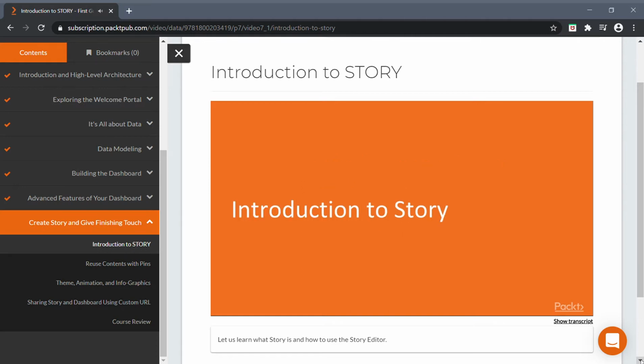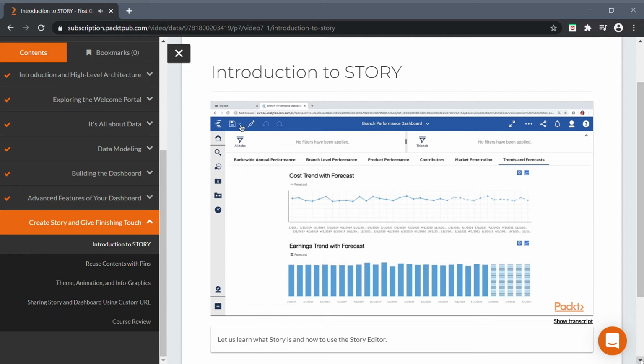Introduction to story. When we try to save this dashboard, we also get one more option here in the save dropdown called Save as Story. This is the quickest way to convert our dashboard into a story. However, in this video, we will learn to create a story from scratch, and we will familiarize with the story editor. Let's begin creating a new story by clicking on the plus icon at the left bottom corner and then